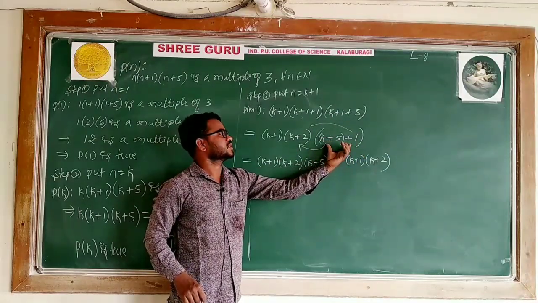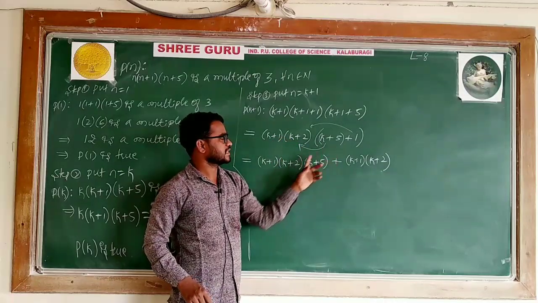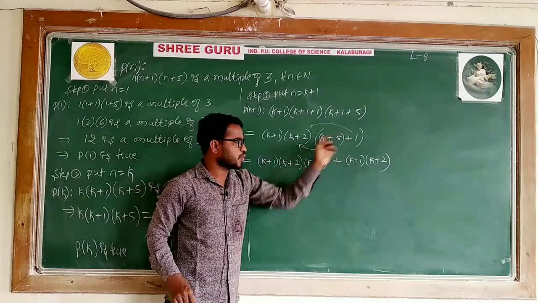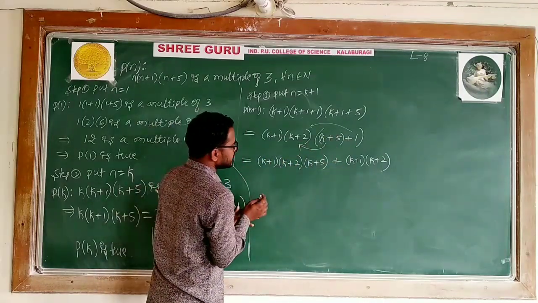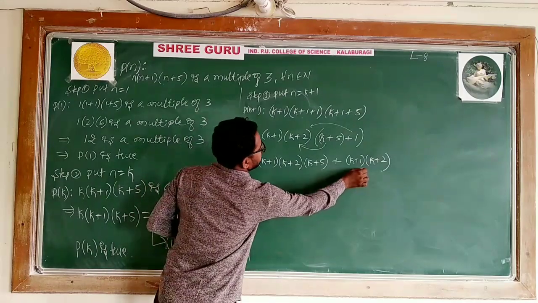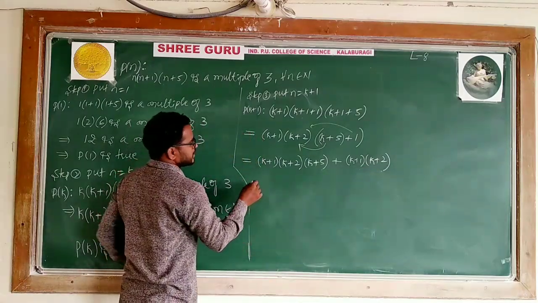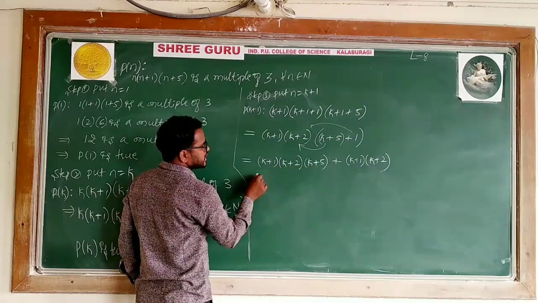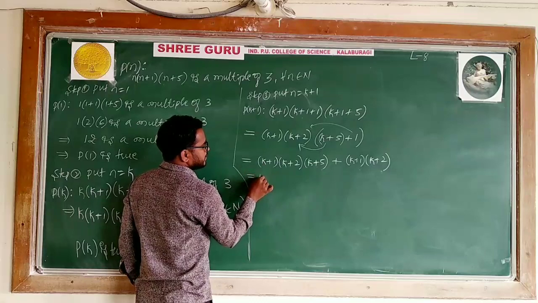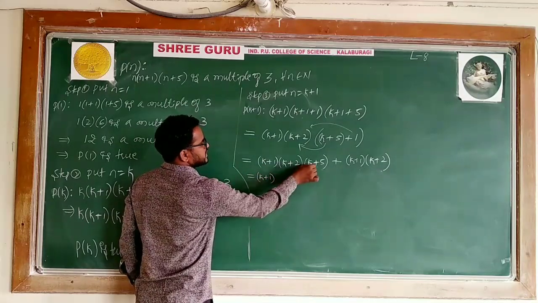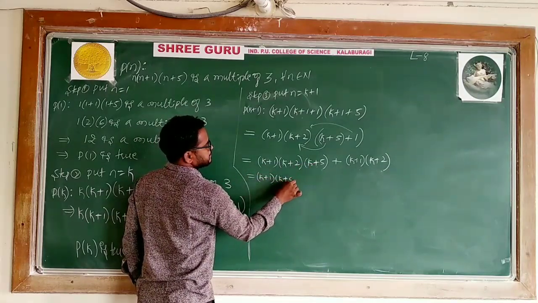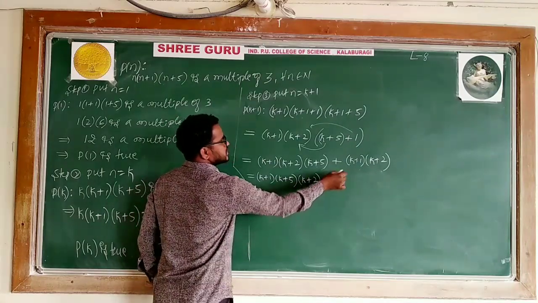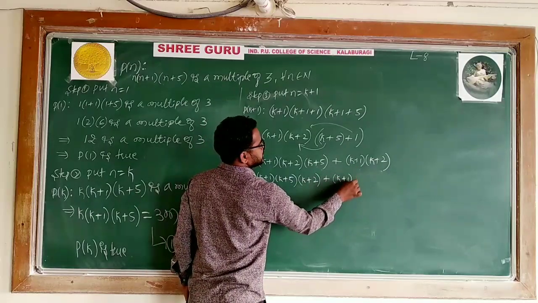These two are terms. So these two brackets multiplied with this bracket. I have plus in the middle here. Then I multiplied these two brackets with 1. So now I will multiply with this and keep this as it is. Actually, can I multiply this k plus 1, k plus 5 with k? So I will multiply these two. I can write it better: k plus 1, k plus 5, then k plus 2, plus this I can keep as it is, k plus 1, k plus 2.